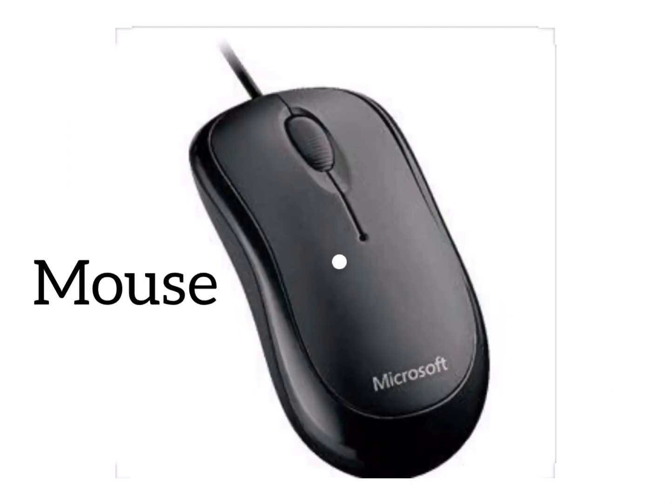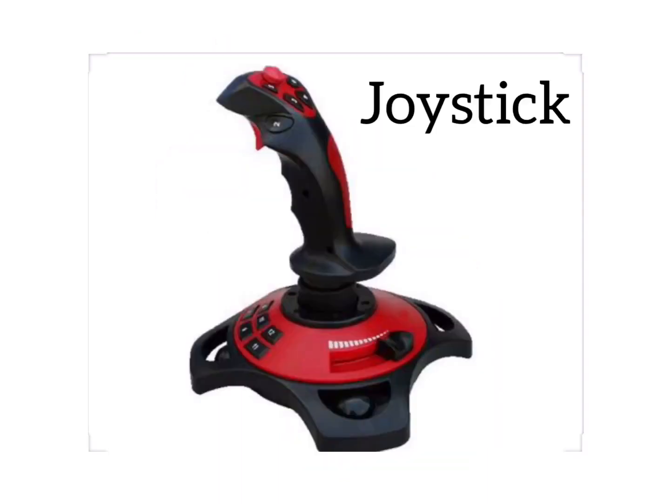Next one is mouse. A mouse is a commonly used pointing device. A mouse has two buttons on the top and a scroll wheel in the center. Next example, joystick. A joystick is also a pointing device. It can be moved at different angles to change the direction of the device. It is used to play games on the computer. A pilot also uses a joystick to control the flight of a plane.